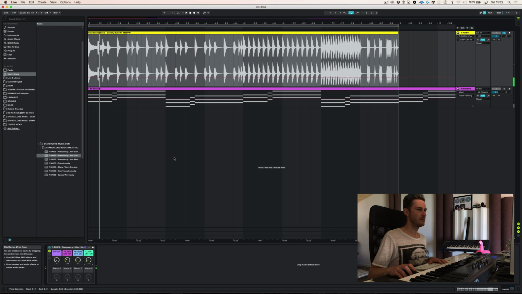I think this is pretty dope, and once again, I only automated one parameter, and this is what's happening. So the cool thing about this is that it's so versatile. So for example, if I only want the lifter and the filter cutoff, but I don't want the reverb and I don't want the compressor, I can just turn it off. And now I'll have